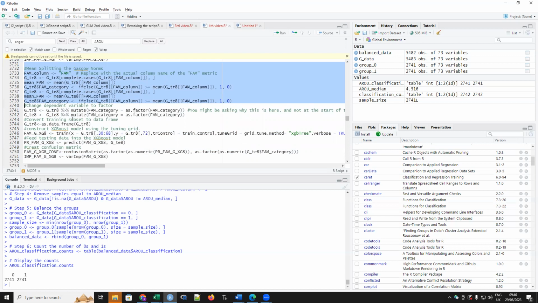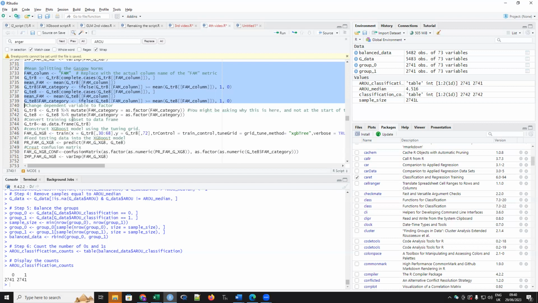Anyway, we do what's called a mean split. And the problem with doing a mean split is that while it's pretty good, it's not a perfect way of getting balanced data sets. What we really want is the exact same number of samples in each category.